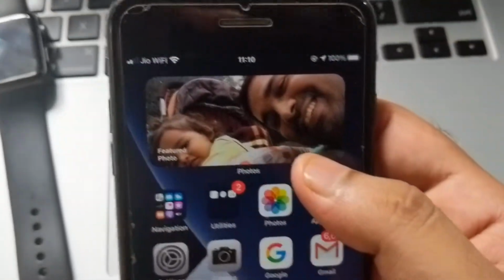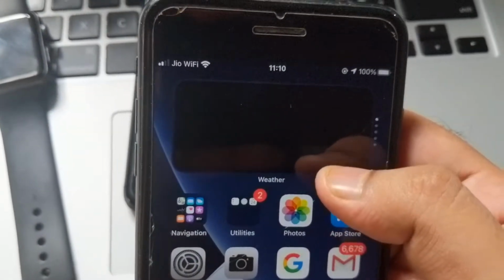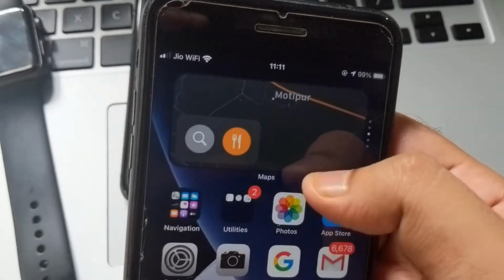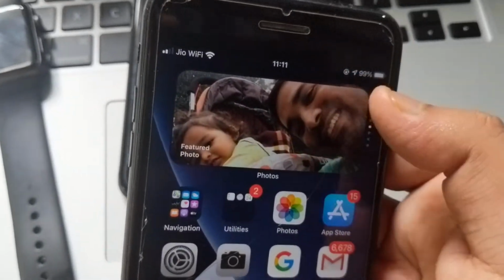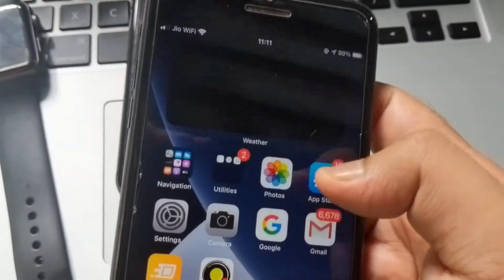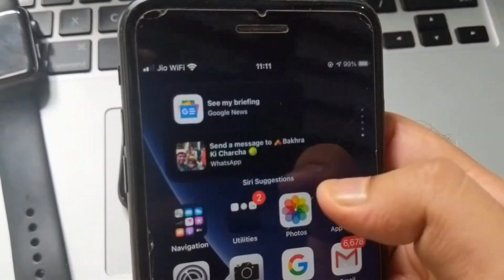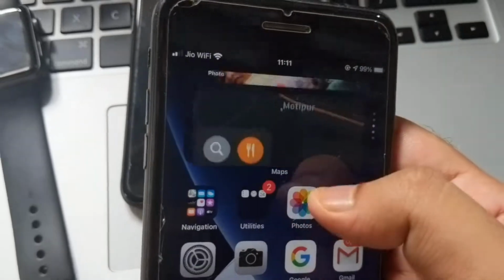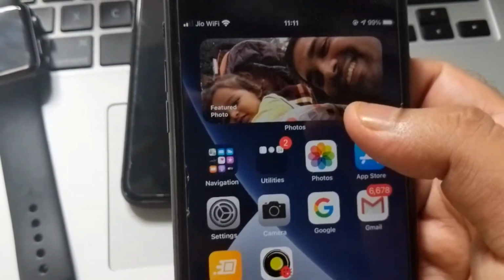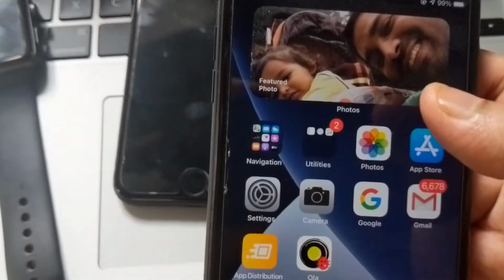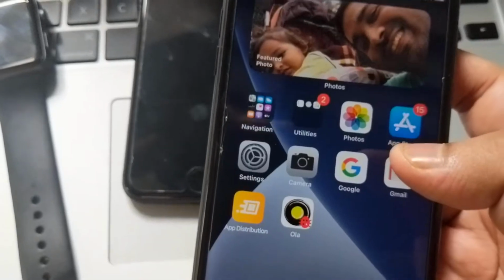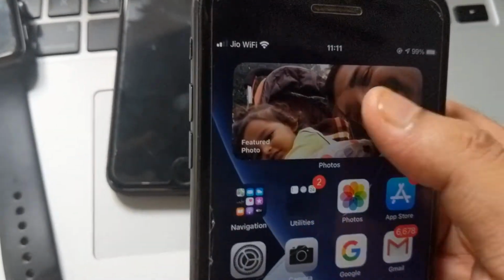One more interesting thing about this widget is you can scroll up and down on it to see your favorite application which you have selected in the widget. If you scroll up or down, it changes according to your usage of the phone. It shows automatically what exactly you want at that particular time.